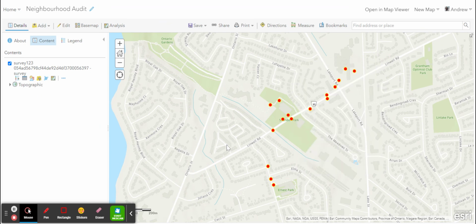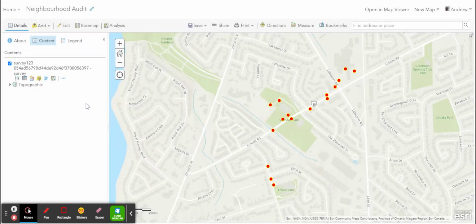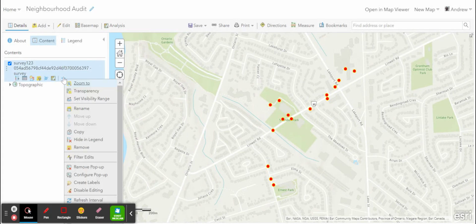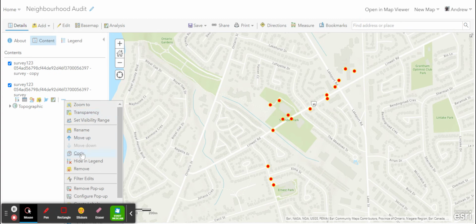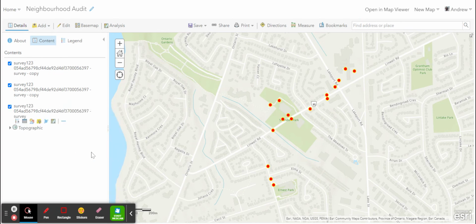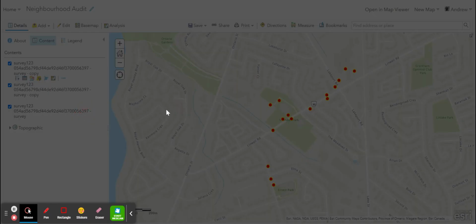The next thing I would suggest is that we make 2 more copies of this layer. So we're going to hit copy, and then we're going to copy it again. And we're going to rename these. If you click on the 3 little dots here, rename this